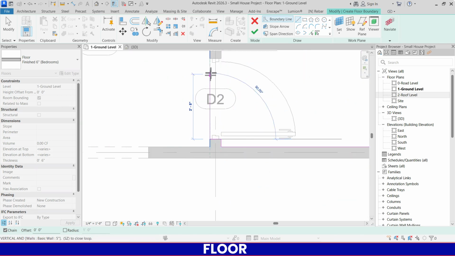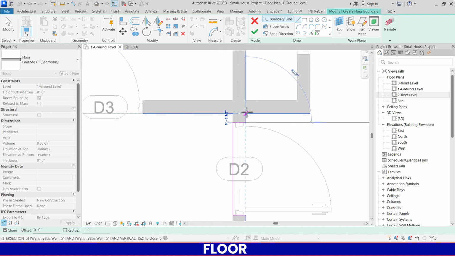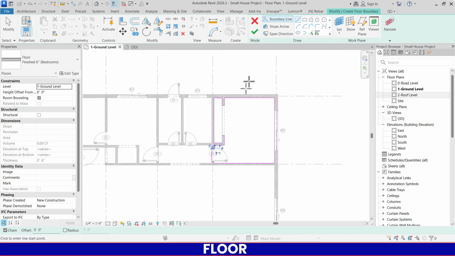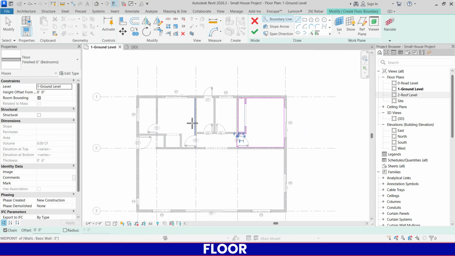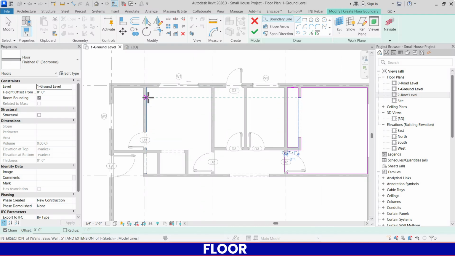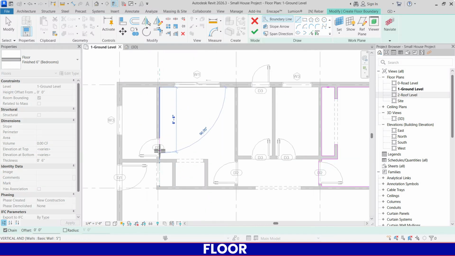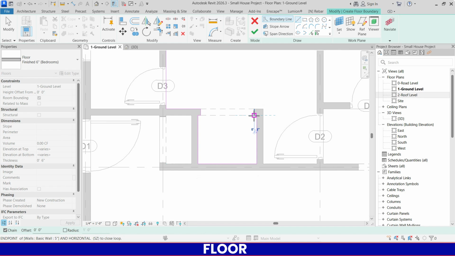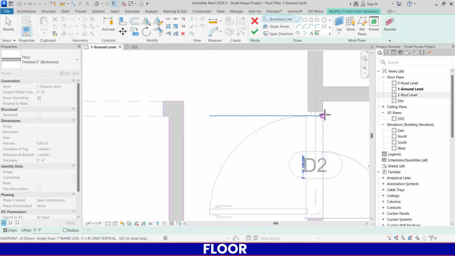You can add under the door also. Then check okay. You can add this bedroom also. This is for both bedrooms, under the door,